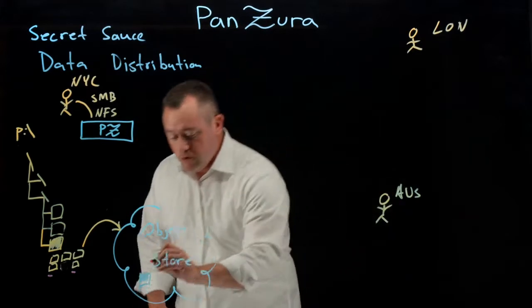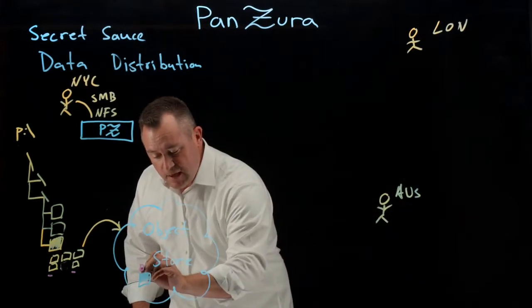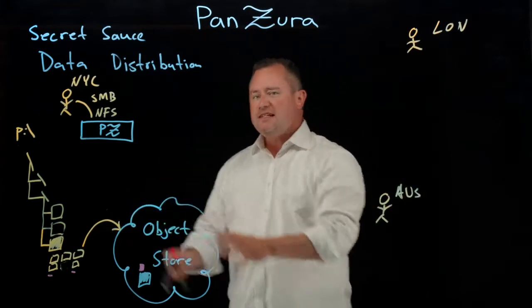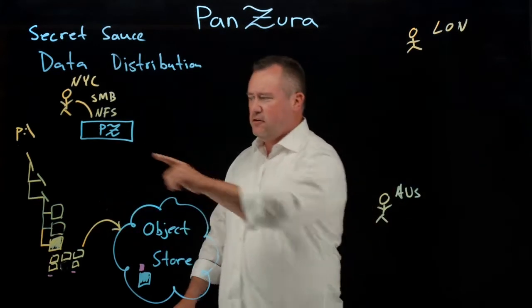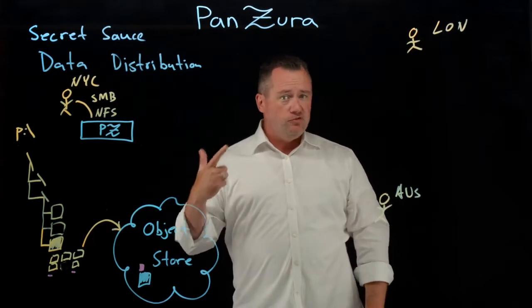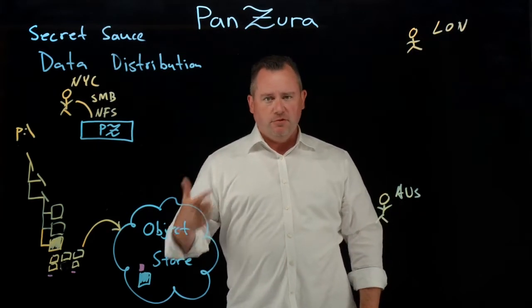And then what we do is we move the meta. And that meta is really little, again, 0.5%. Okay, so now that data is in the cloud. I moved it once from this user in New York. And again, it was compressed and it was deduplicated. So it's a small amount of information as I can possibly move.